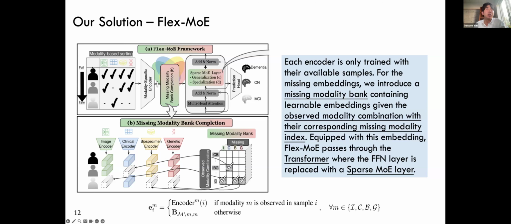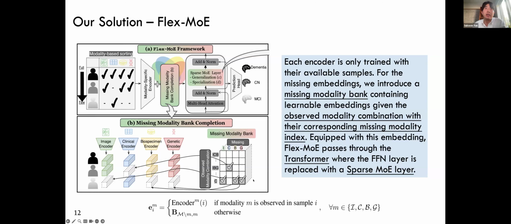But the problem here is that the gray and white patient samples would be missing some embeddings, since they do not have the observed modality in their initial state. So at the later stage, we would have to work with the sparse mixture of experts framework. We could think of just using zero padding, but in this project, we use some learnable embeddings